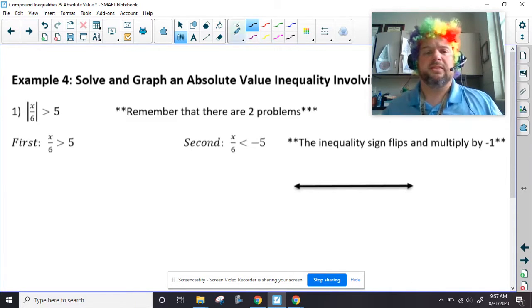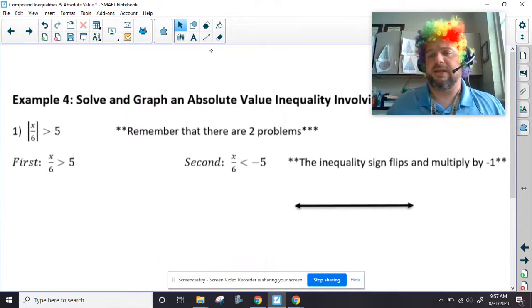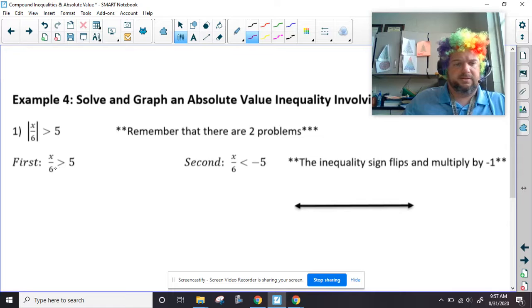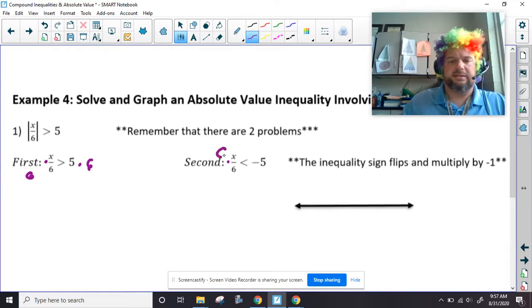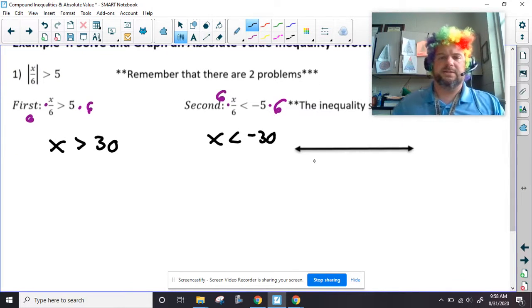Now, these are supposed to be an or, and, cat's out of the bag. If I didn't know the ands, how am I supposed to know the ors? We solve them the same way. There's one just like this. For the second one, we have the absolute value, we flip the inequality, and multiply this by -1. Solve them, multiply by 6 on both sides. So I have x is greater than 30 or x is less than -30. Again, it makes more sense of the or